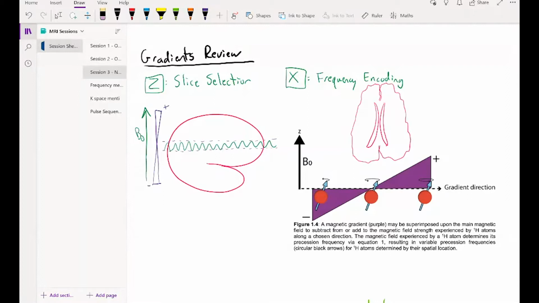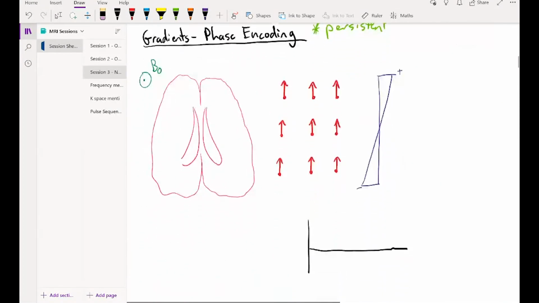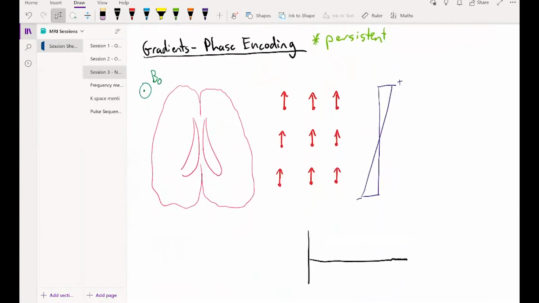But we have one more dimension that we haven't spatially encoded yet. That is conventionally the y direction, and we do that through phase encoding. So let's talk about phase encoding. And again, if anyone has any questions about gradients, let me know. They can take a bit of time to get a sense for, but hopefully I've been relatively clear